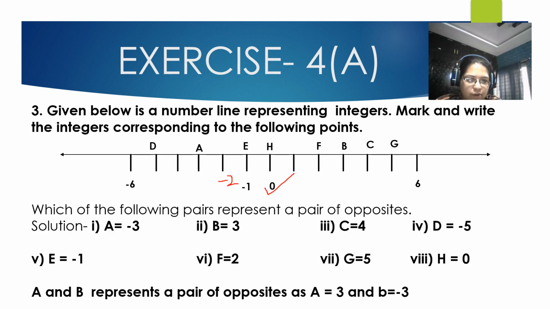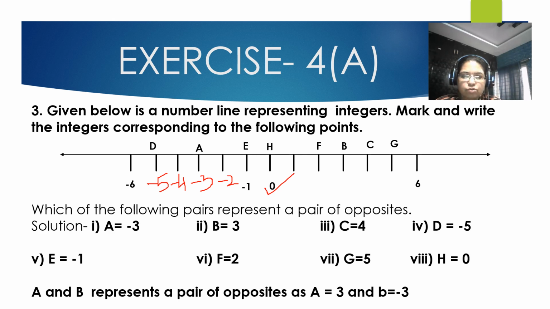And A will be minus 2, minus 1, it will be minus 3. Then this will be minus 4 and D will be minus 4 plus minus 1 is minus 5. D will be minus 5 and this is minus 6. Then 0 after